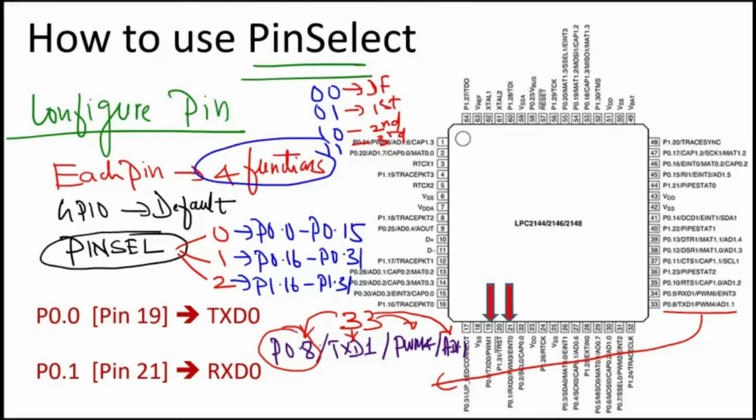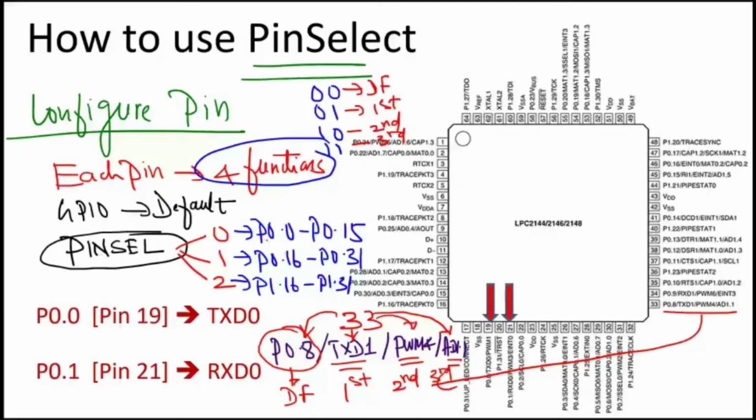If you are planning to perform the default character, no worry, nothing to be done. But if you are planning to use the other special functions, then we have to take the help of the pin select SFR. Okay, so that is what it is. This is the default function. This is the first special function. This is the second special function. This is the third special function. Which special function, which pin select SFR we have to use and which bits we have to use requires some understanding. That is what we showed here.